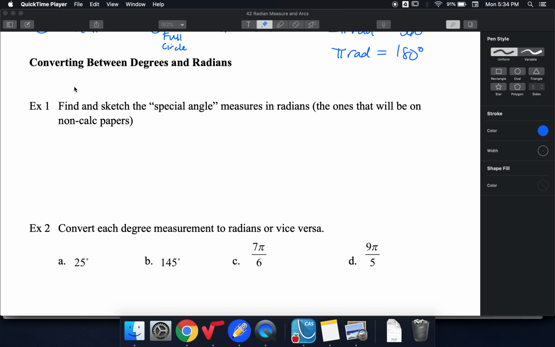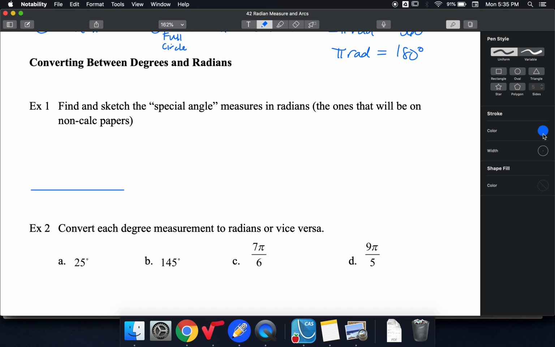All right, so now we're wanting to find and sketch our special angles in radians. So these are the ones that you need to know for your non-calculator paper: 30, 45, 60-degree angles. So let's think about what those will be in radians. Well, we already know that if we measure out half a circle,